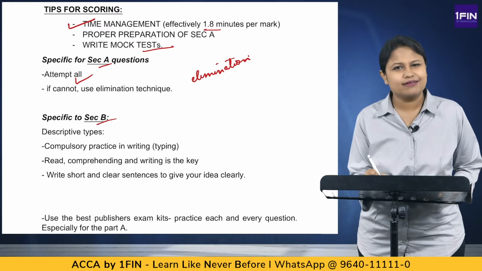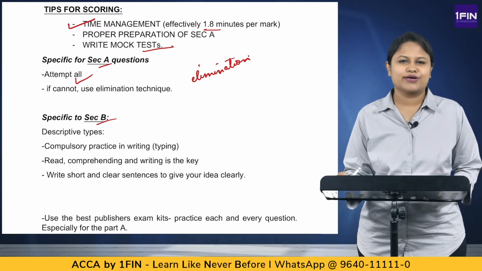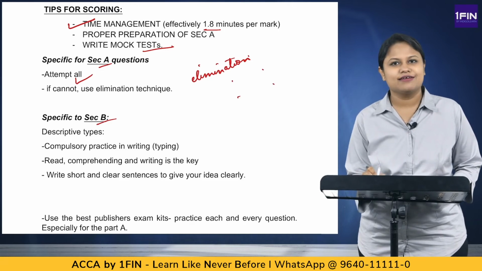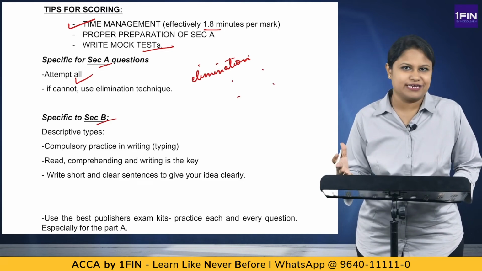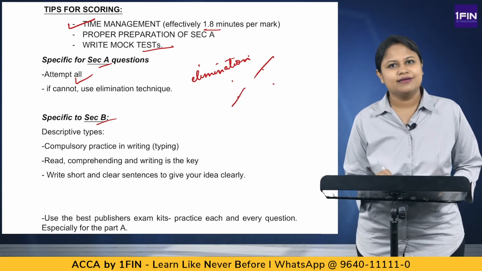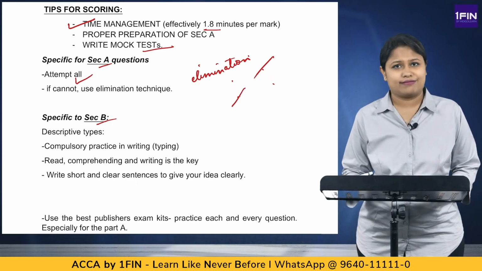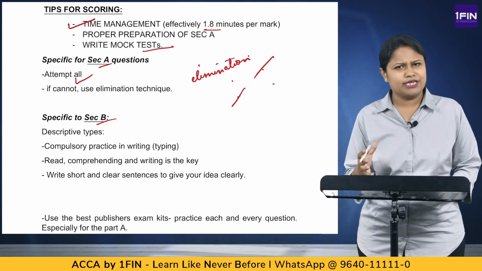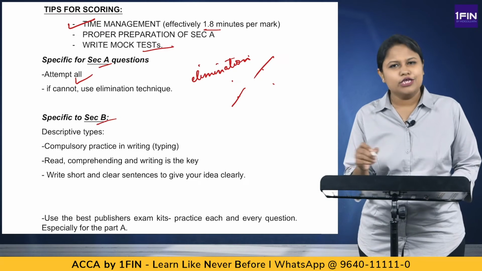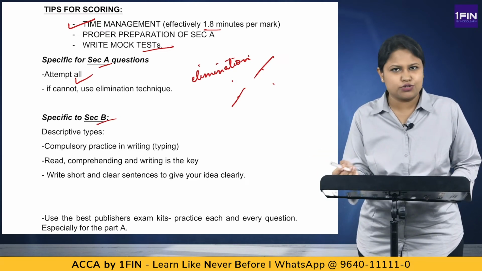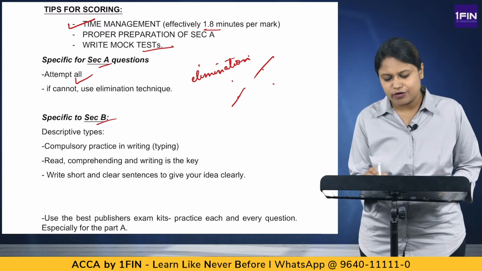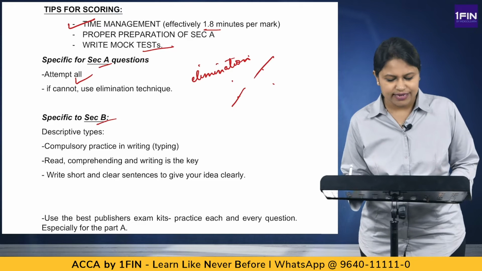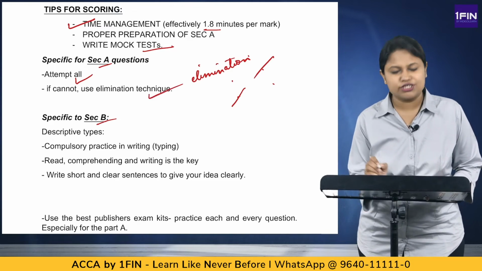What is the elimination technique? 50-50. What is 50-50? KBC, you all must have seen. Where you'll have 4 options, out of which you know 2 definitely are not going to be the answers. So you go on eliminating them. 50% chance of you getting the correct one. So elimination is what you're going to use as a process where you could straight away eliminate some of the available options. Those you eliminate, and from the remaining 2 you have to pick 1. So 50% chance of you ending up with the correct answer. Correct? So if you cannot recall, use the elimination technique.